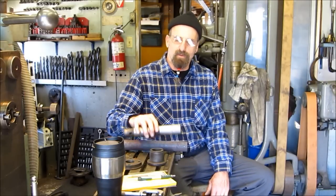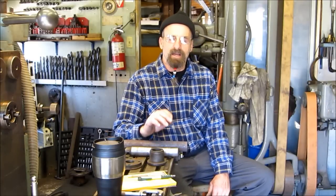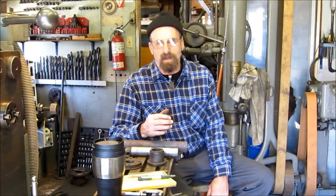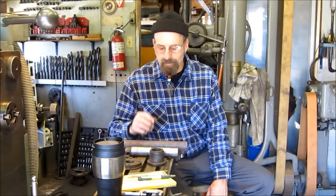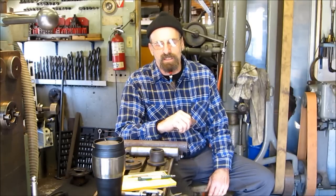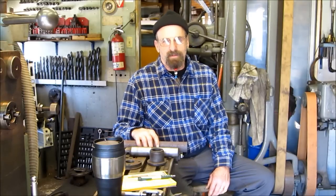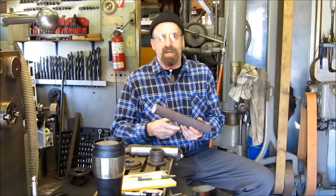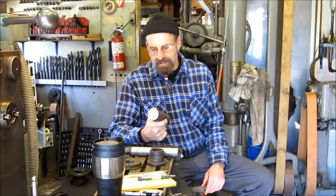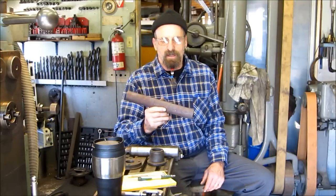out of 4340. 4340 is a high strength, high impact material, and we will heat treat it. We've picked up some quenching oil because it is an oil quenching material, and our final action on this pin will be to heat it up and quench it in oil to get the hardness. Now this comes in hot roll finish, and that's what we're starting out with, just a 1 foot